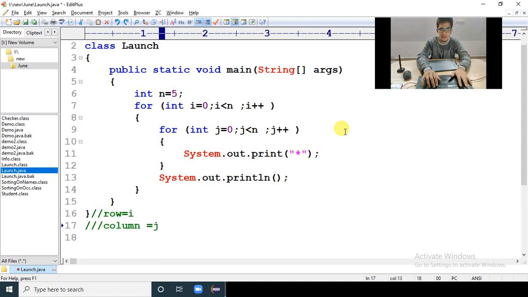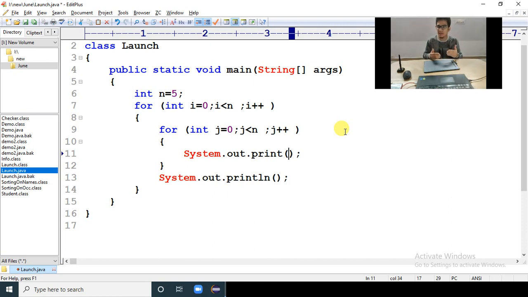Now definitely you will understand the star patterns completely. Watch here, because not many people do this tracing part, but I will do it for you. Whenever it is printing, I want to print the i value and j value together. If I want to print the i value and j value together, can I write i plus j here?